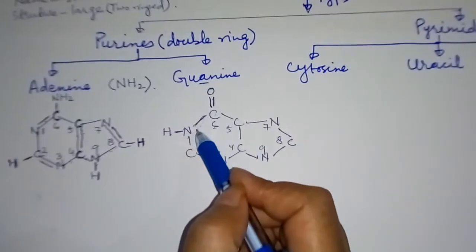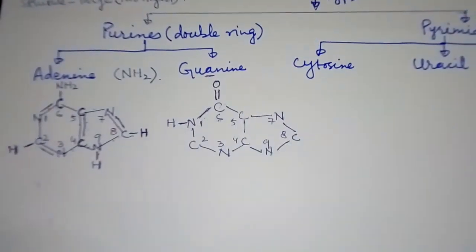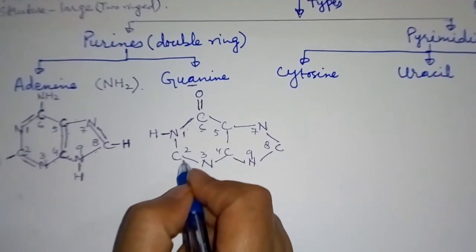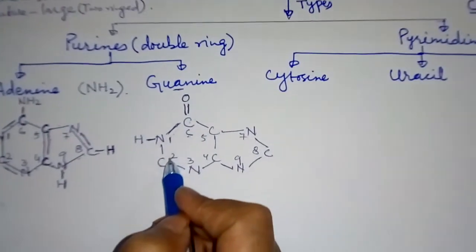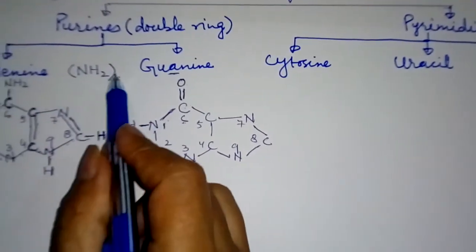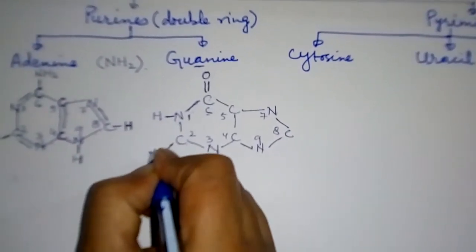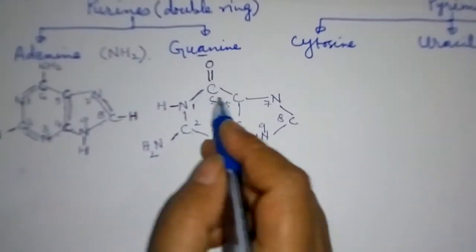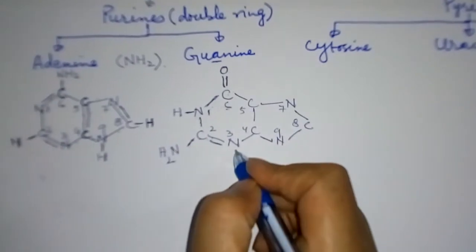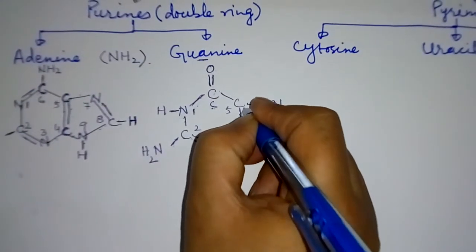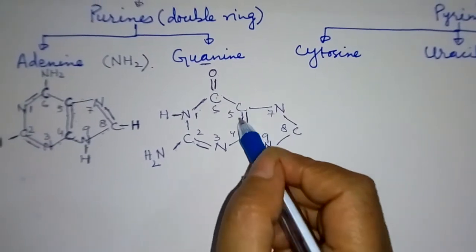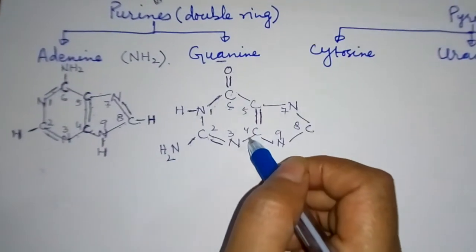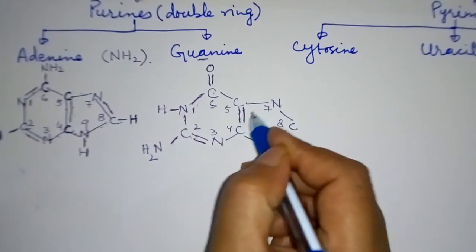Nitrogen at number 1 and carbon at number 6. So then 1, 2 and 3, this carbon's valency is not satisfied, and I told you that the amino group is present with carbon number 2, so you have to write that over here. Still its valency is not satisfied, 1, 2 and 3, so I will put a double bond over here. I told you that at the top left side of the hexagonal structure, between carbon number 4 and 5, there is always a double bond.